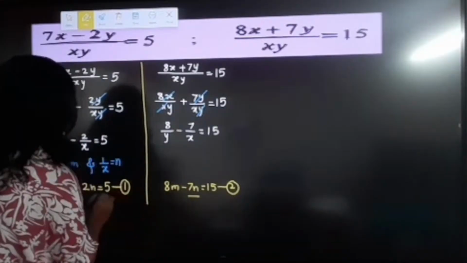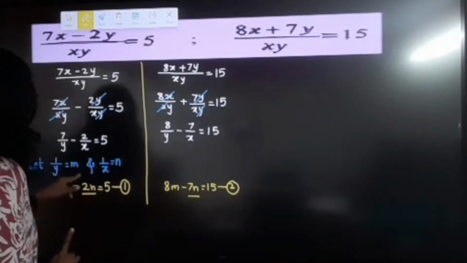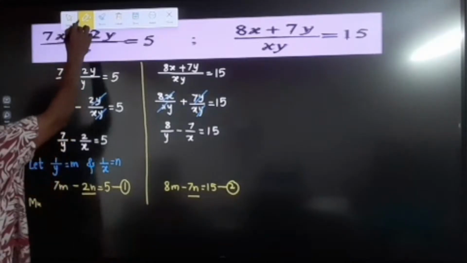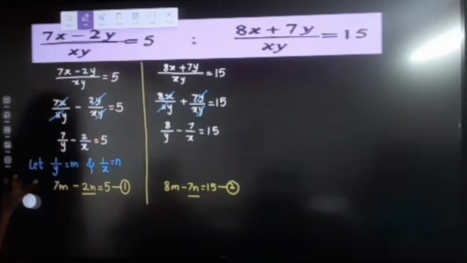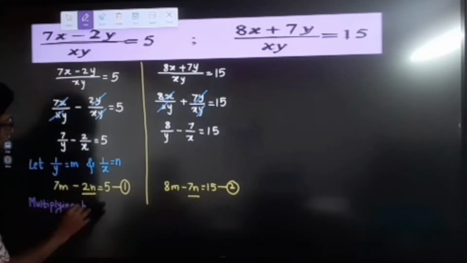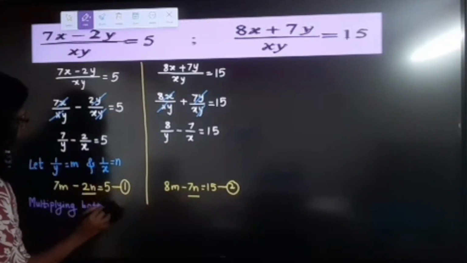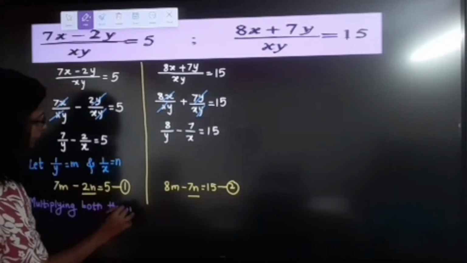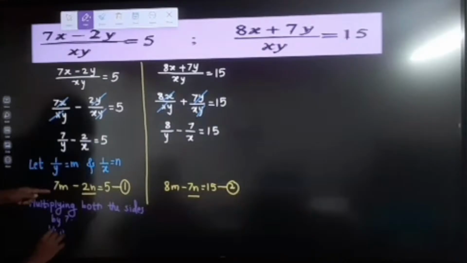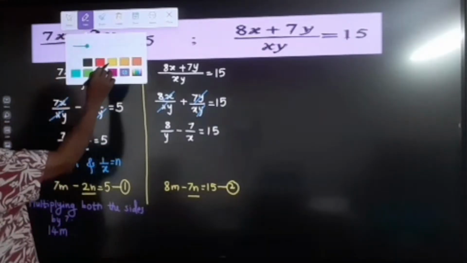I say that multiplying both sides of the first equation by 7, I get 14m